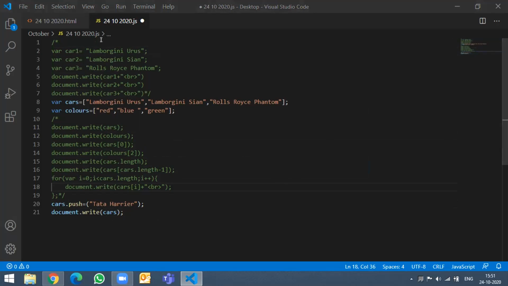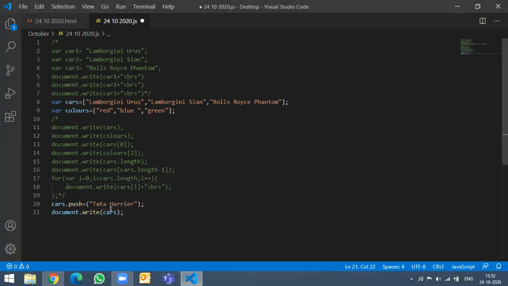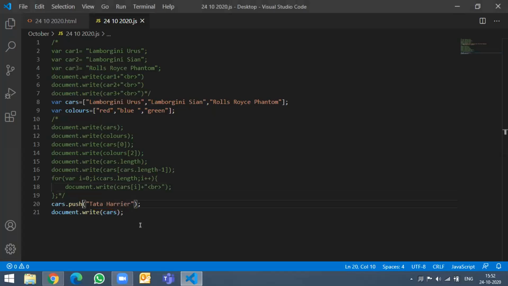All right. Now, right now when you printed this new car that you added, Tata Harrier, it was added at the very last. Can you show me again, Karan? It did not get printed or what? Just refresh it. Sir, I think there is an equal to after push. Yes, cars.push, not equal to. I put it by mistake. Let's save it and show me. Okay, so now it has come.